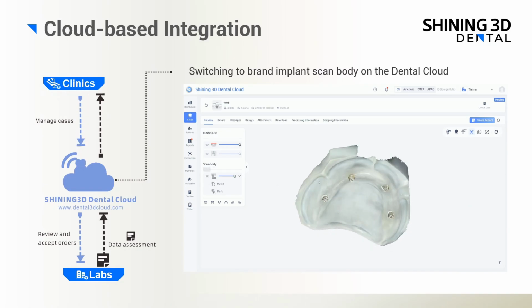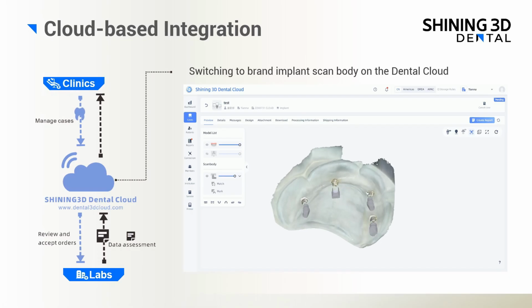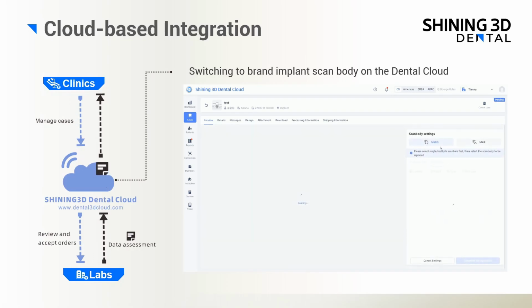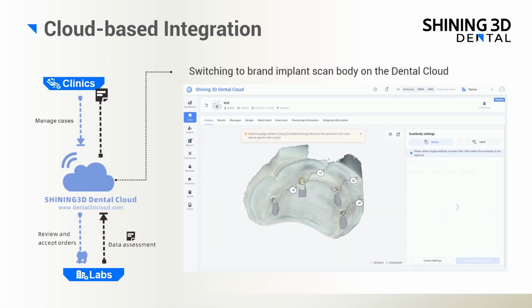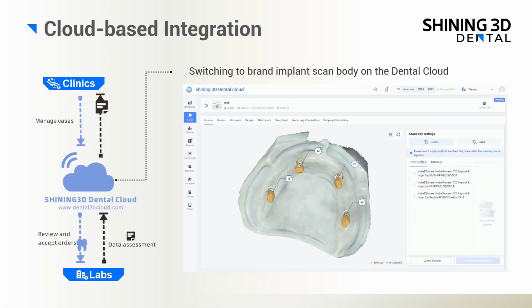The first part of the updates is the cloud-based integration. It means that the Shining 3D Dental Cloud now lets the lab side choose the brand's implant scan body data from the dental cloud. For some cases, the dentist may not be sure or may not know about the implant scan body system, the exact scan body data they're using, so they